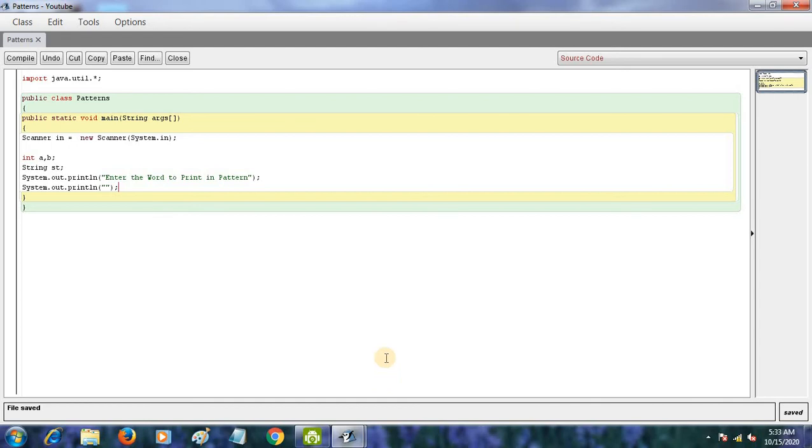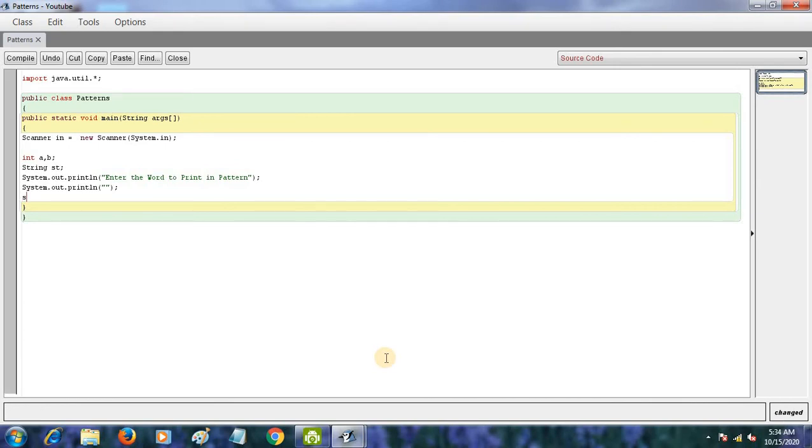Now we are going to write st is equal to in dot next.